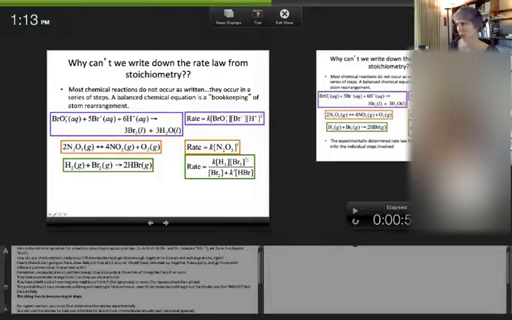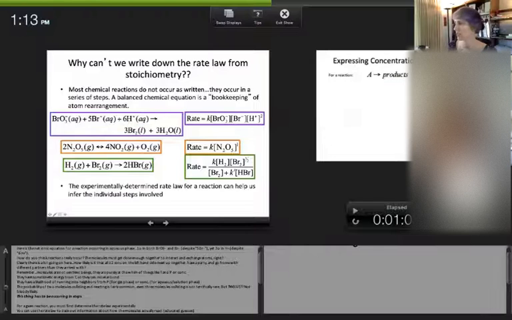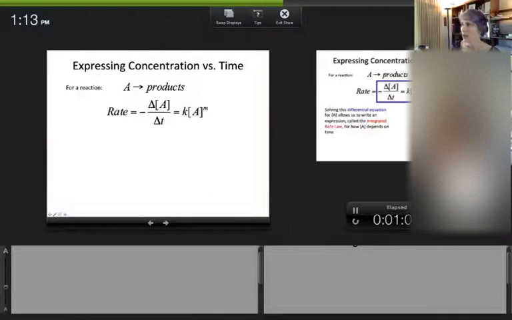I'm not sure we're going to do that many that have like a sum in the bottom, but we will look at mechanisms and their rate laws. So that one's much more complicated. It doesn't just come from the stoichiometry. We have to measure it experimentally. And we talked a little bit about